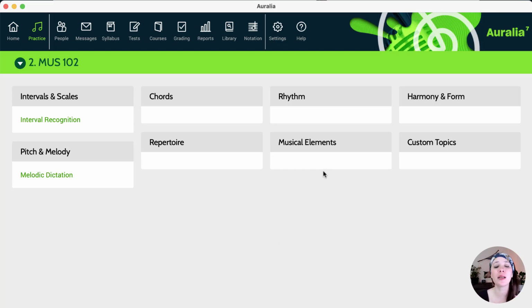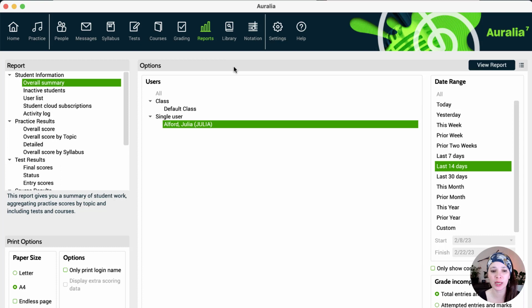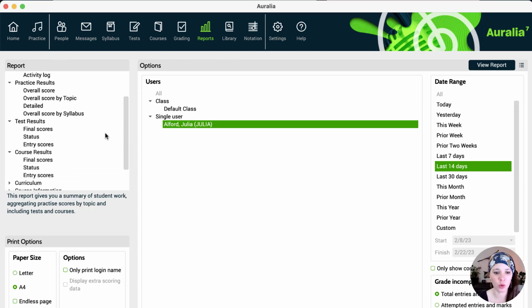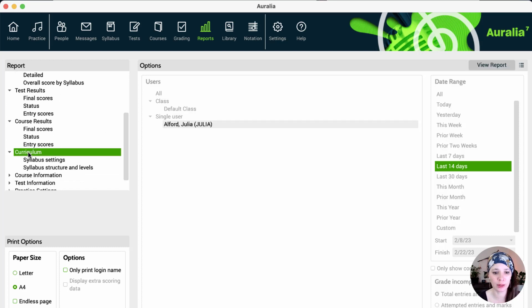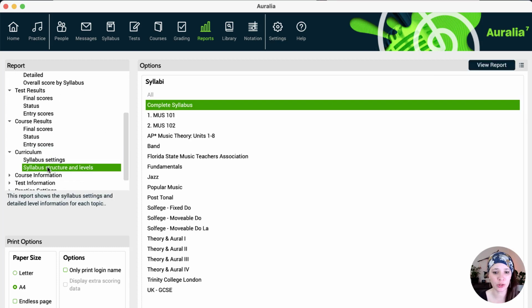Okay, finally, one last tip. Let's go over to reports. If you want to keep a record of what's in the different syllabi, sort of apart from the software, you want to have it for your files or just to pull it up to look at, you can go over to reports and then scroll down to curriculum, syllabus structure and levels, and you can run a report of what's